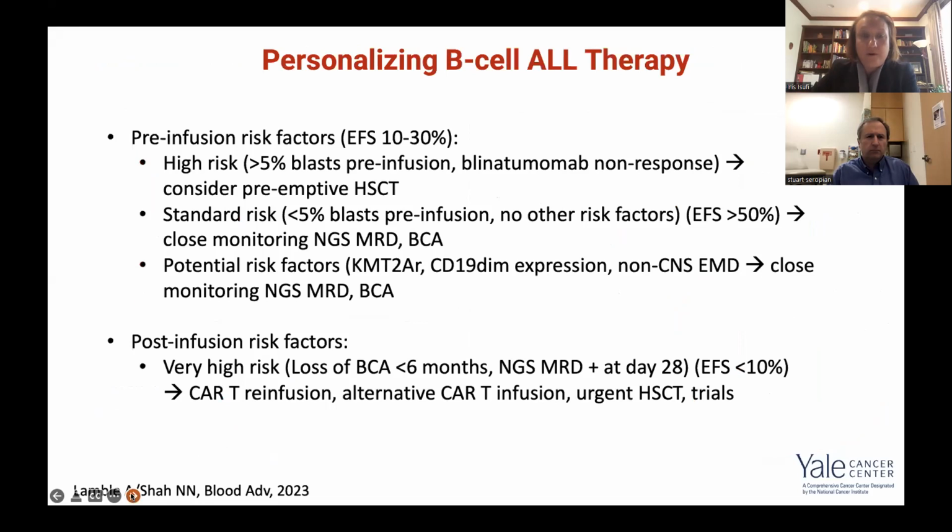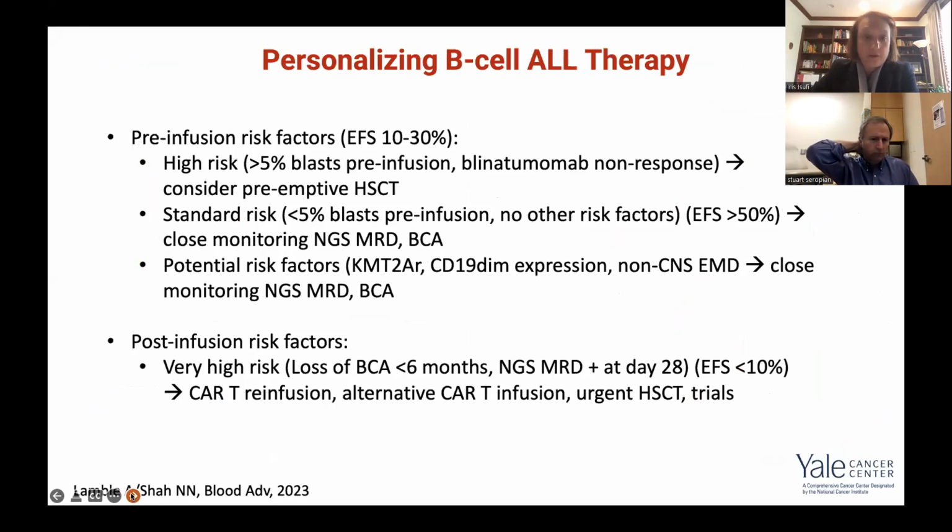So it's very important in ALL for us now to really break down the groups and follow these patients, not just with B-cell aplasia, but actually follow them even more closely with MRD by NGS techniques, because